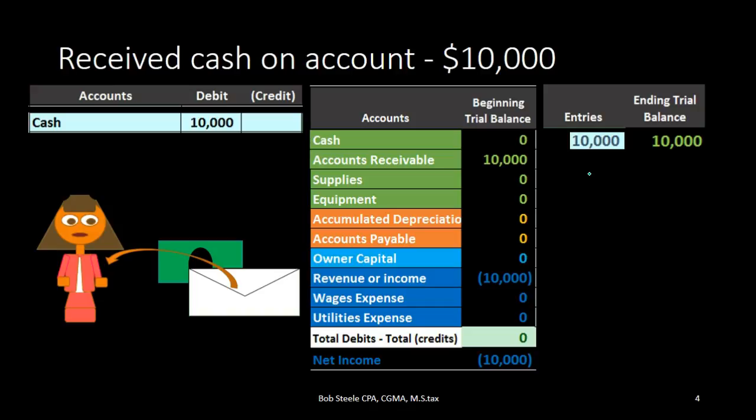Because we did work, we earned it, but we earned it in the past. So we're not going to credit revenue, increase in the revenue again. We can see the $10,000 already there in the beginning balance from the work we did in the past. At this point in time, we are going to credit the other asset, the receivable, representing the fact that people owe us money. They owe us $10,000. We're going to credit the accounts receivable for $10,000.